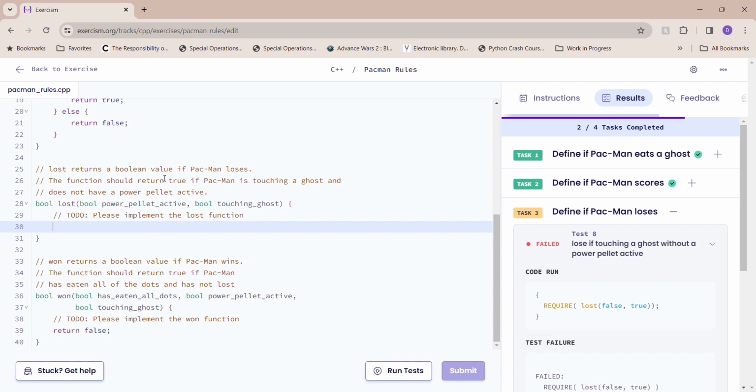Alright, now we are defining if we have lost the game. So, returning true means we lost. So we lost the game if PacMan touches a ghost while not having a power pellet active. So if this is not active, which means is false,